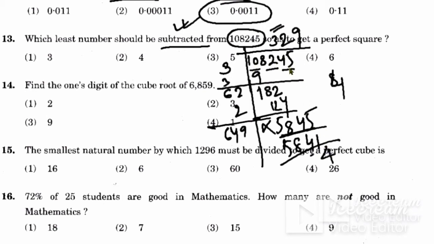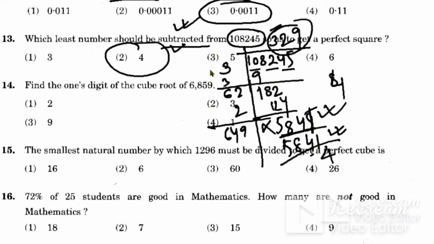तो आपको 5845 में से 4 माइनस करना पड़ेगा, ठीक है, तभी तो यहाँ पे आपका 41 आएगा, और ये परफेक्ट स्क्वायर आ जाएगा 329 का, ठीक है. तो यहाँ से आपको समझ में आया कि आंसर क्या हो जाएगा, 4 आपको सब्सट्रैक्ट करना होगा, ठीक है. तो ये हो गया जब आपको सब्सट्रैक्ट करना है. जब ऐड वाला क्वेश्चन रहेगा, व्हाट शुड बी ऐड, तो आपको इस नंबर से ज्यादा आना चाहिए, यहाँ पे आपको सेकंड नंबर आएगा वो इससे ज्यादा आएगा, और जो डिफरेंस होगा वही आपको ऐड करना पड़ेगा, ठीक है. तो आई होप कि आप सबको ये समझ में आ रहा होगा, method how to solve this question.